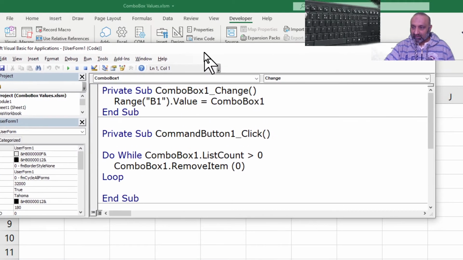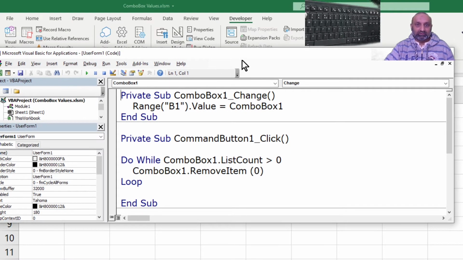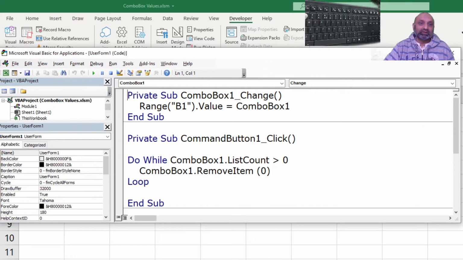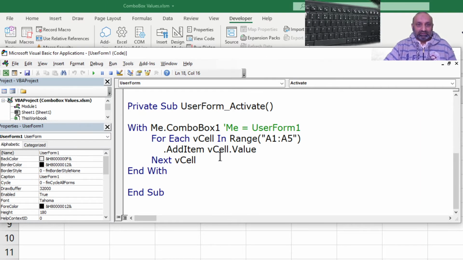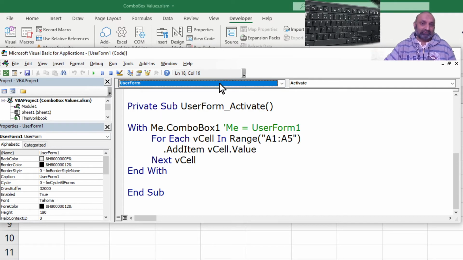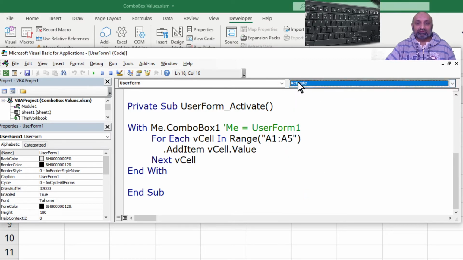I think this is a better view. Due to zoom, I have to adjust my window. So this code is executing at the event of when the user form is activated. From the left menu, if you recall how we program the events, I have chosen user form, and from the right drop down menu I have chosen activate. So Private Sub UserForm_Activate and End Sub is automatically inserted. This is the code I have